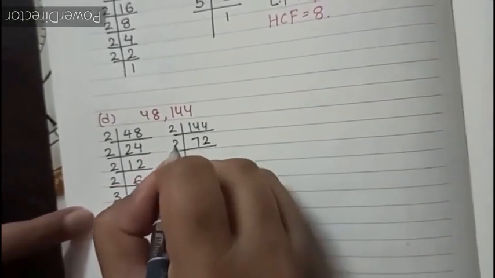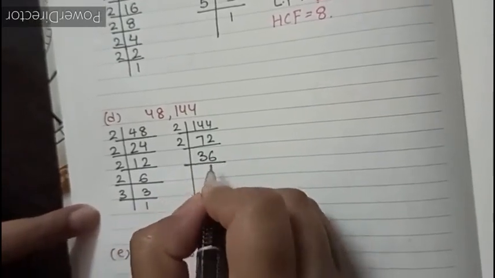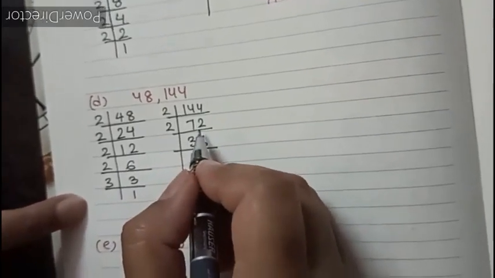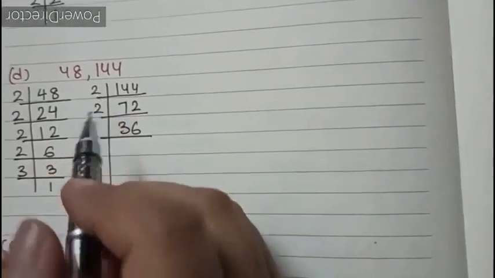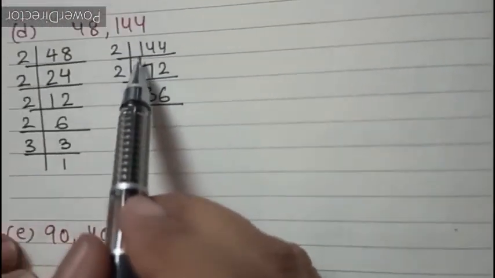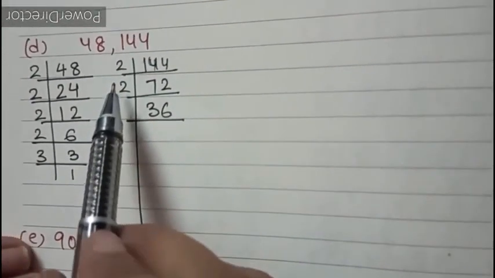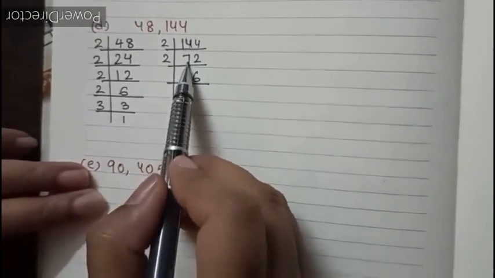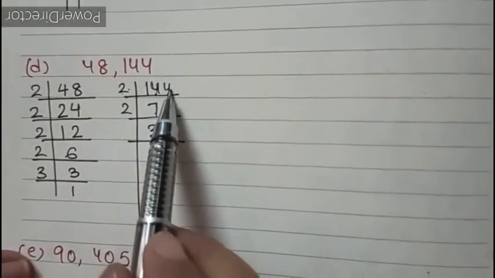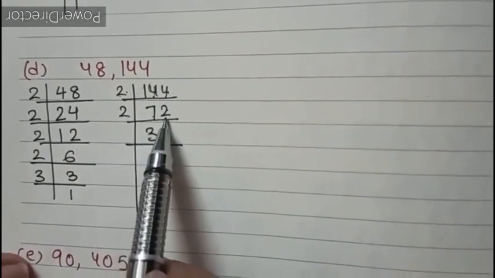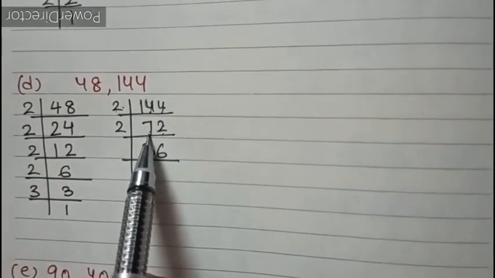2 72s are 144, 2 36s are 72. If you are not able to do it directly, you can divide it in the rough notebook, rough column. But still I want that you should do it directly. See here it is 14. Now 14 comes in the table of how many? It will be 2 7s are 14. Then it is 4. 2 2s are 4. Now it came 72. We want a number smaller than 7 in the table of 2. So it will go on.